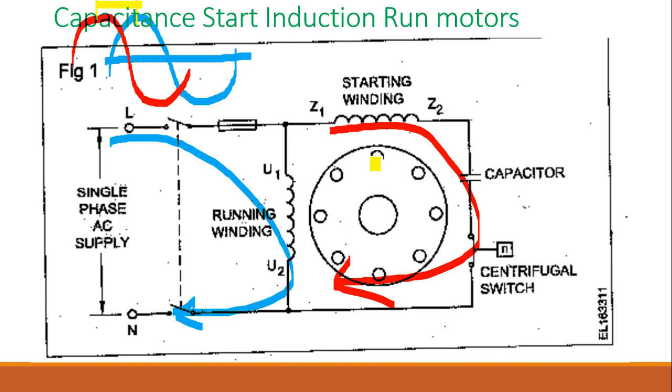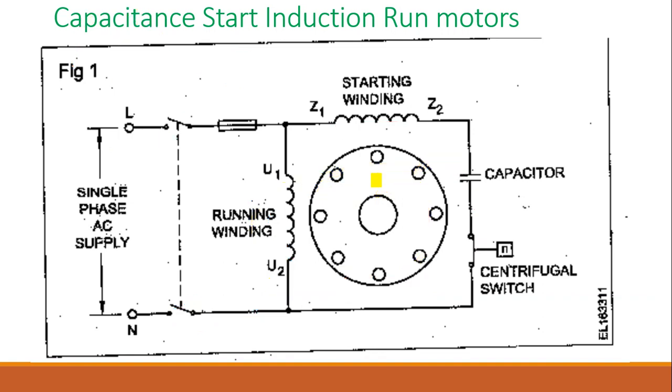Now the working of a single phase motor we have already discussed in video number 1. There is a revolving flux in the stator, and that will be cutting the rotor, and it is inducing EMF, and to reduce that it has to rotate. So that is rotating. At the starting, both the windings will be available, and after attaining 75% of the rated speed, the centrifugal switch will be opening up. So this is the working of the capacitor start induction run motor. The phase splitting is done here by a capacitor.